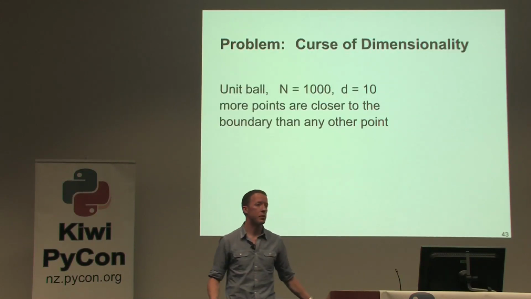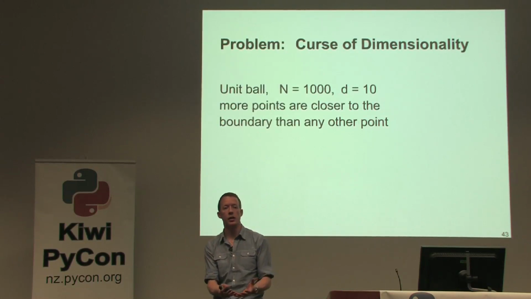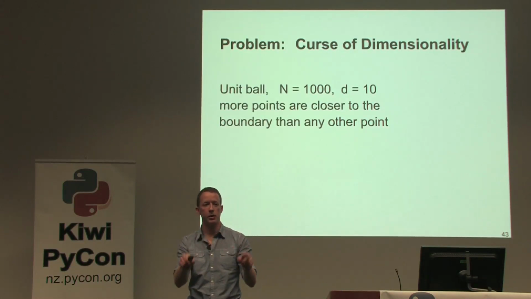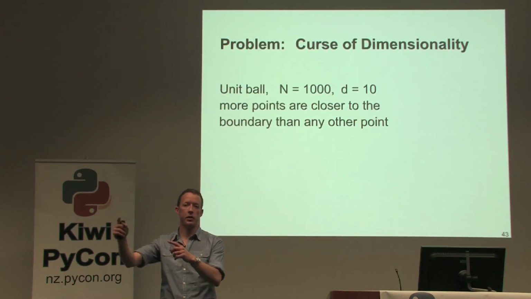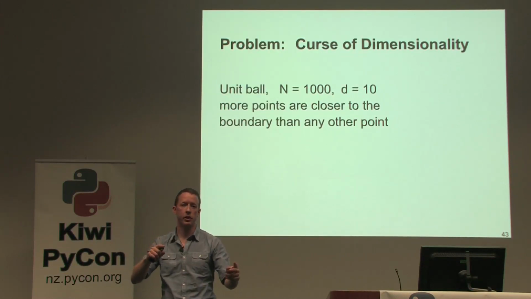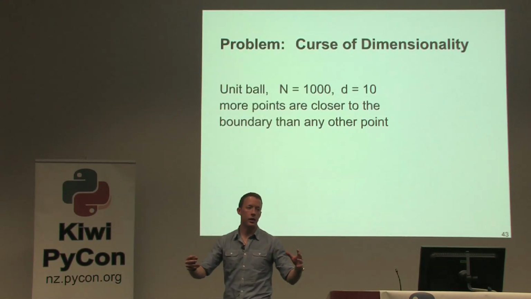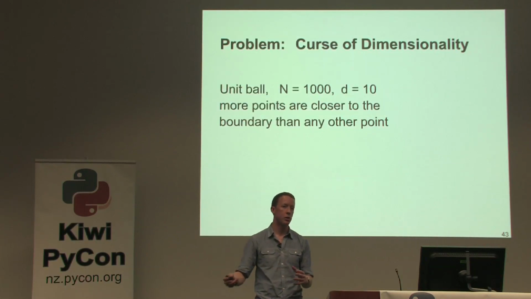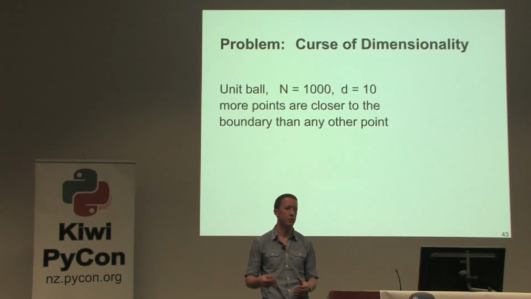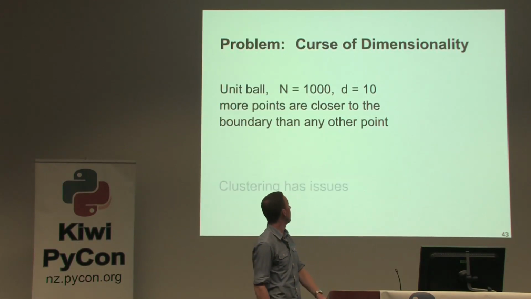The other issue is the curse of dimensionality. If you have a unit sphere, like a circle drawn around the origin in 2 dimensions, if you've got 100 dimensions, every point is closer to the boundary of that universe than it is to any other point. The volume of the space the data is in expands enormously as you increase the number of dimensions. Math in 10 to 20 dimensions and math in 1,000,000 dimensions is totally different.